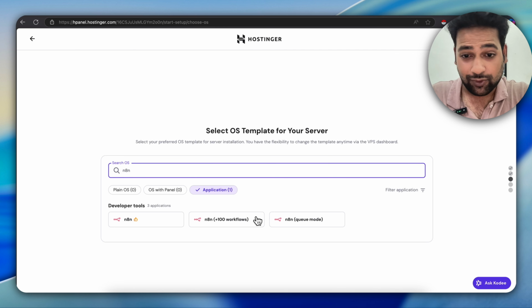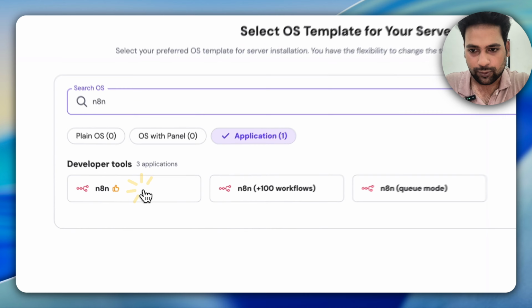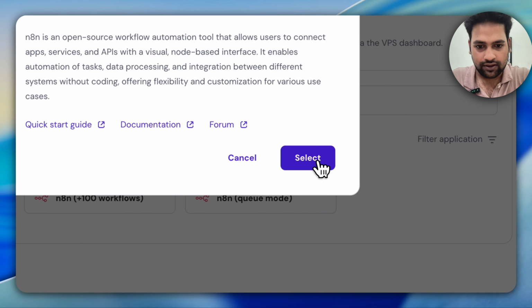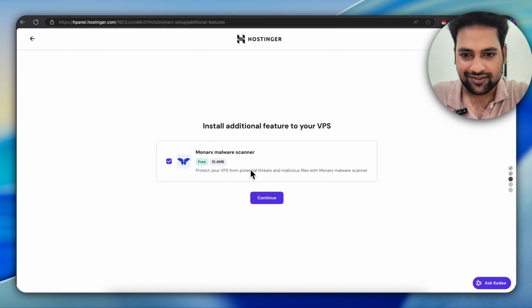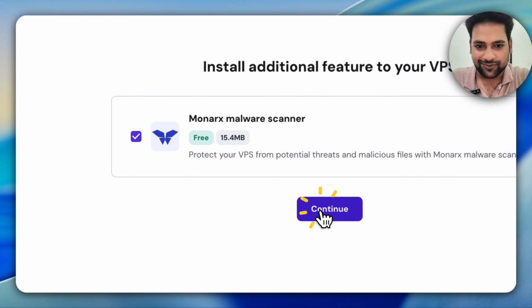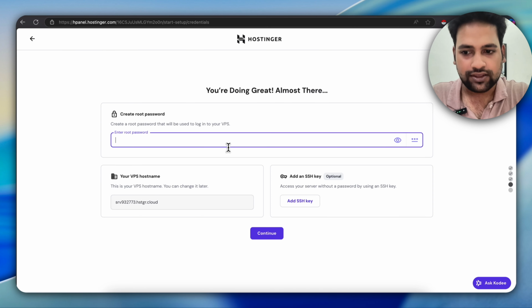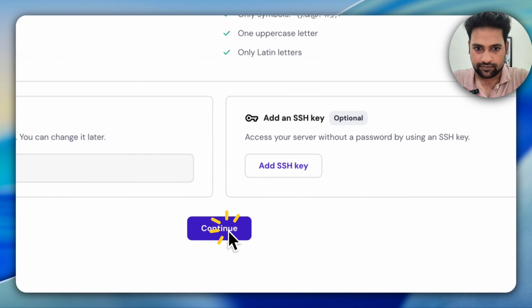You see there are 3 modes. If you also want to import the workflows that they give out for free, you can choose this one, but I'm going to go with this default one. Click on select, keep the malware scanner for free, and continue. You also have to give a root password that will be used to log in to this server every time you need to in the future. So make sure to keep a strong password and have it safely secured somewhere. Then click continue,